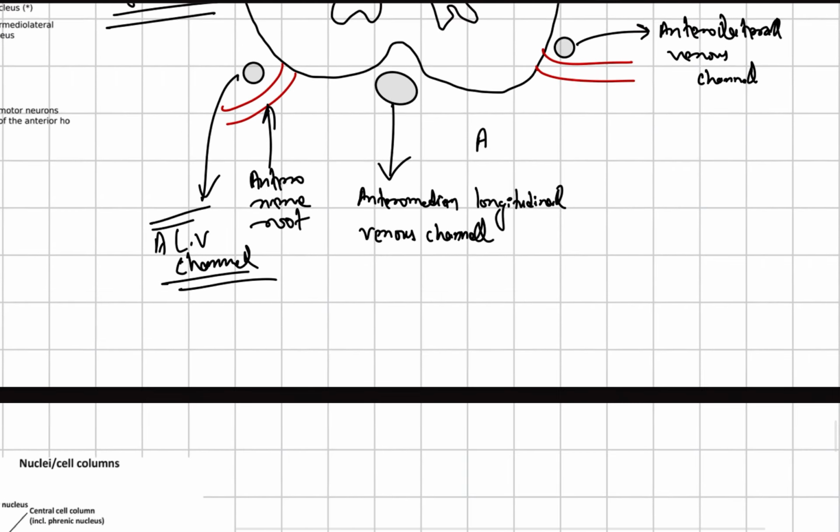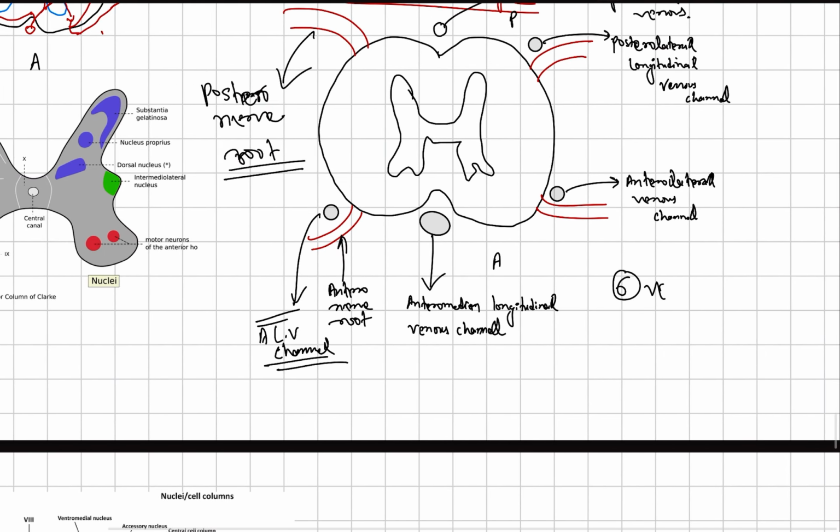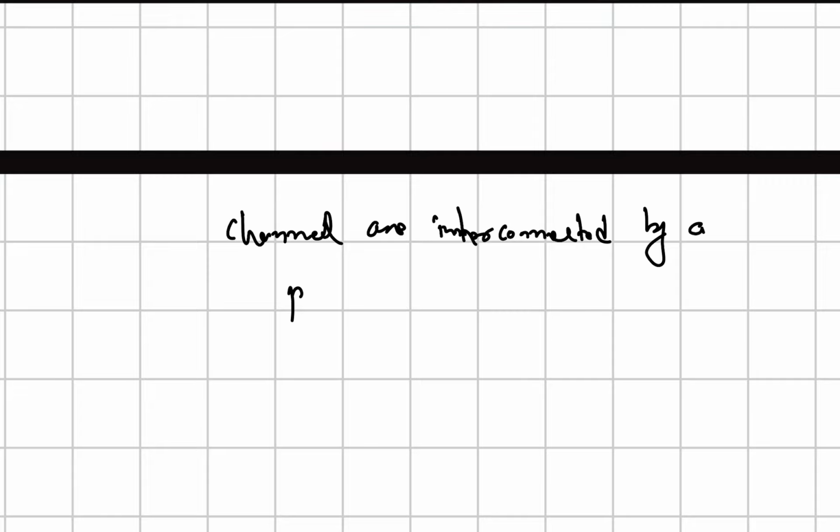So there are six longitudinal venous canals, three anterior and three posterior. When we look at their drainage, these channels are interconnected by a plexus of veins known as the venous vasocorona,